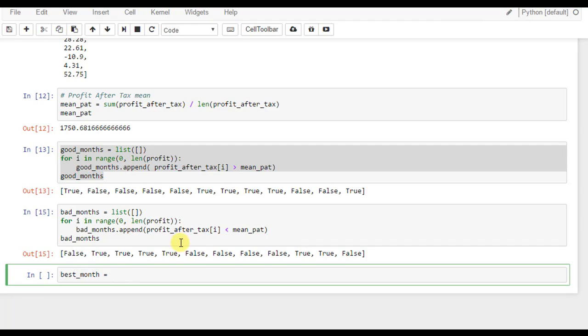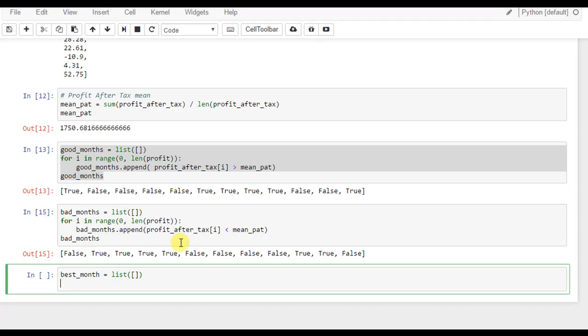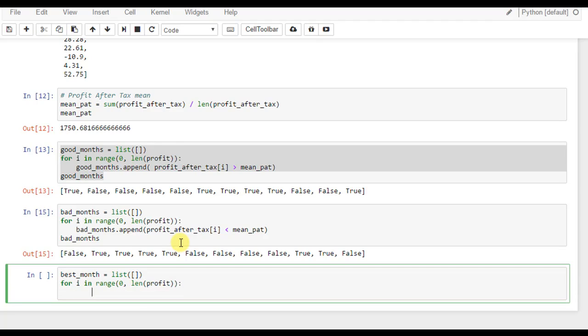We will have just one best month, but to maintain compatibility with our previous code, we use the same approach. So again for i in range 0 to len profit, this is almost natural to write. Best month is equal to